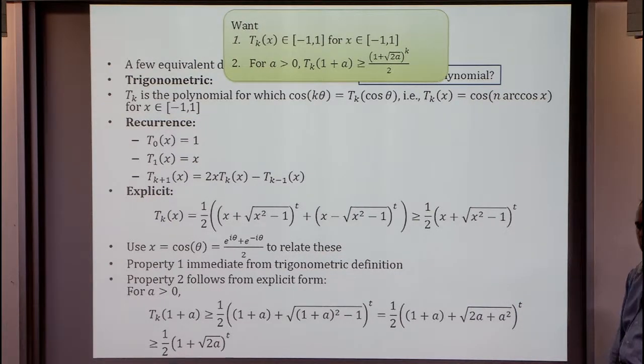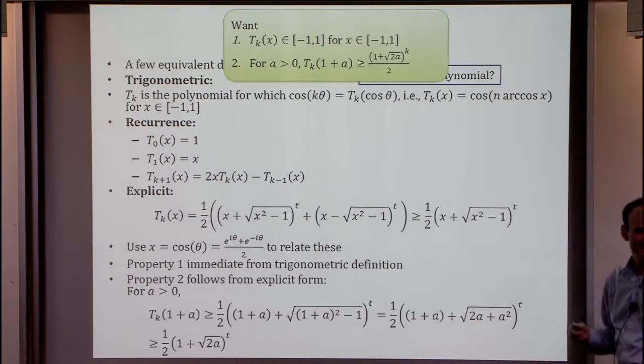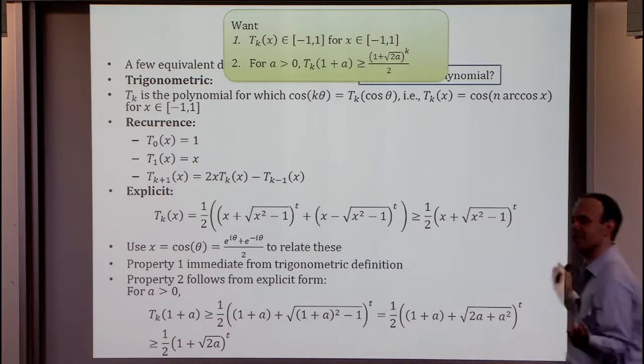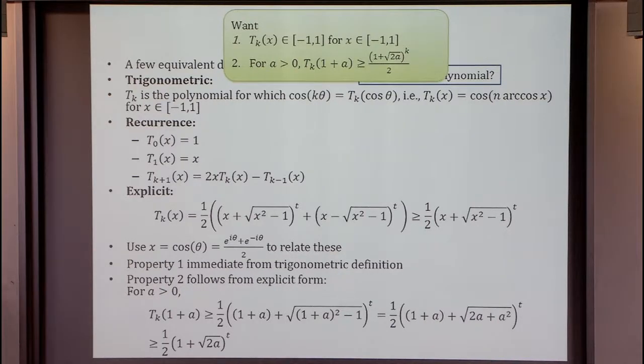Where did the power... Little t is k. T is supposed to be k. Damn it, Microsoft. That one's my bad. So k and t and maybe n should all be the same letter. This is from changing notation at the last minute, or writing your talk at the last minute.